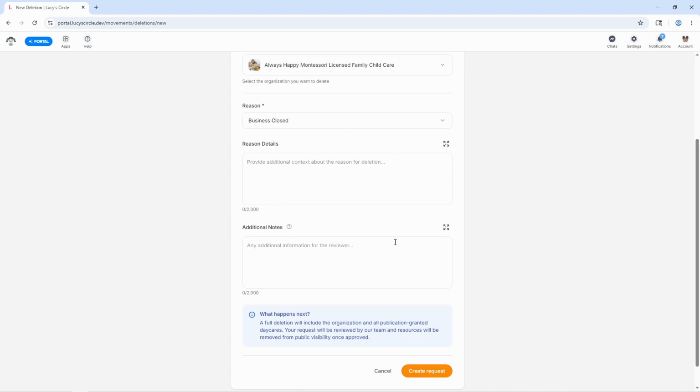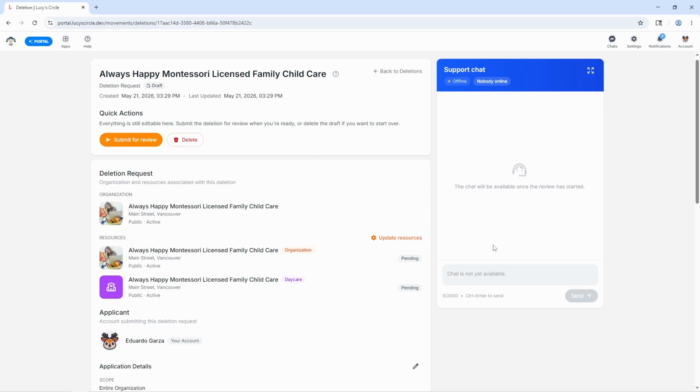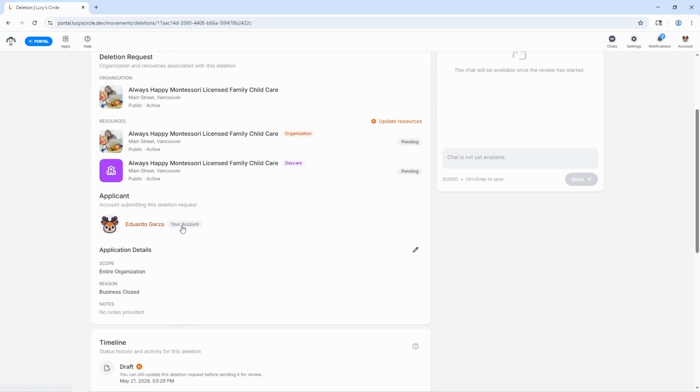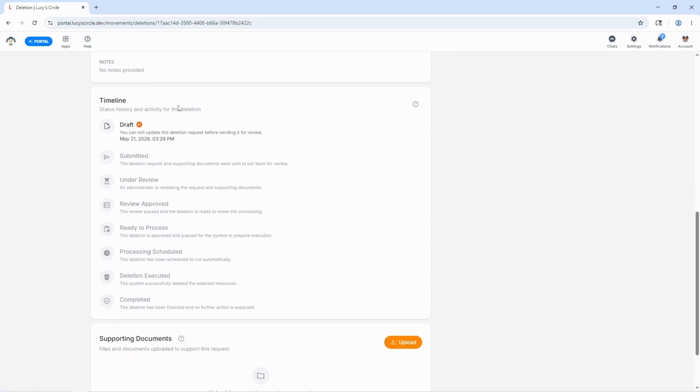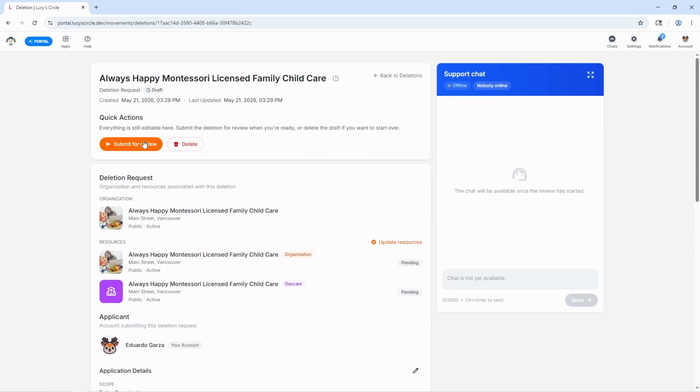While these two inputs are technically optional, the more information you can tell us about why you're deleting an organization, the faster we can get it to an admin and help you close the account. Let's click Create Request. I've created a deletion request. You can see that it's currently in draft mode, and the same things as before. We have the admin chat on the right-hand side, and we can see all the entities that we'll be deleting. We can see that we're set as the applicant or the person responsible for the deletion, and then we see the timeline of events that will occur from now until the deletion is complete. Technically, you can also add supporting documents, although it will not be required for most deletion requests. I can click Submit for review,